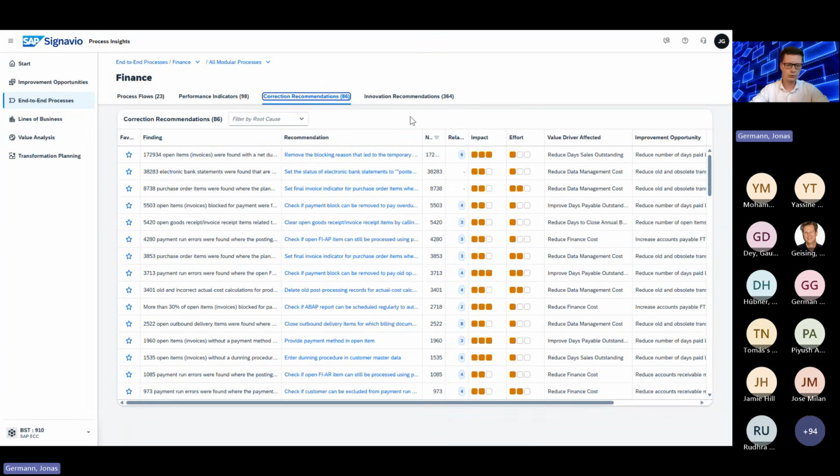So to describe it in business language, what can be a correction recommendation? Here, for example, I have 172,000 open items, invoices, which need to be worked on. I said my data is very bad, of course. So in this case, I see, okay, I need to remove maybe a blocker, talk with the division and work on this problem.